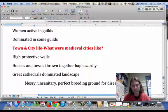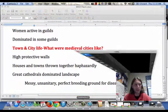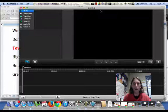The thing that would dominate the landscape are these great cathedrals. And each town kind of took pride in building the biggest and best cathedral. Notice as you walk towards